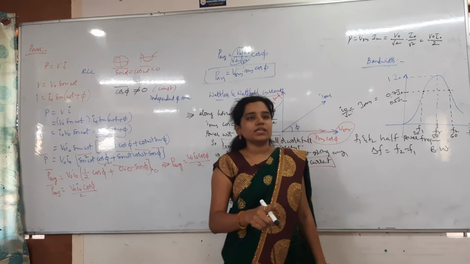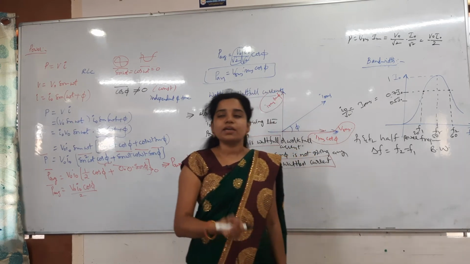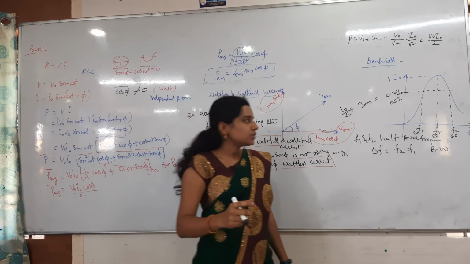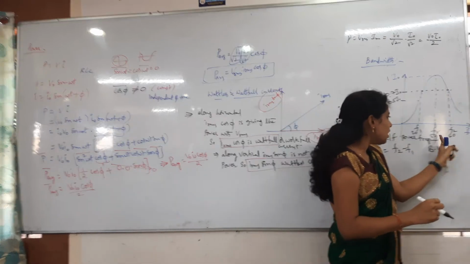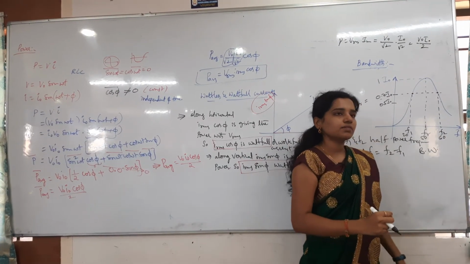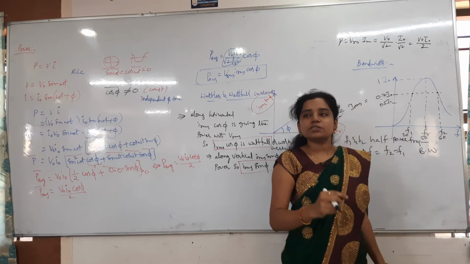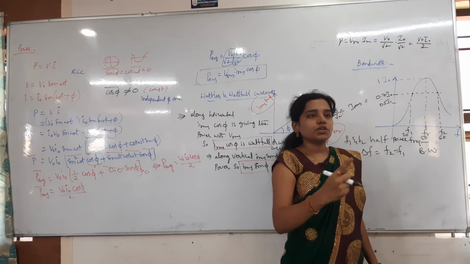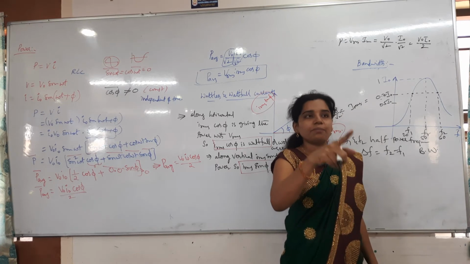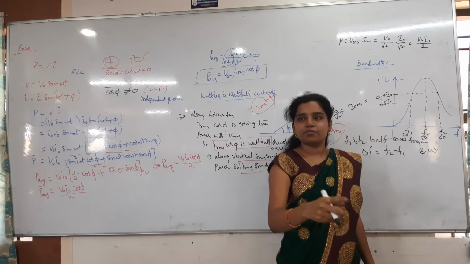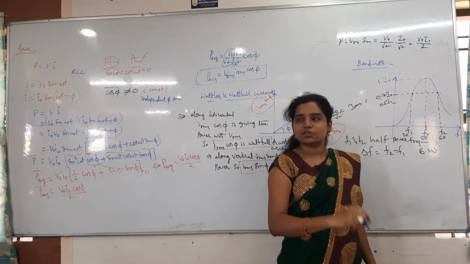And the Q factor is resonance frequency by bandwidth frequencies. And here, how do I identify this as the resonance frequency? Because the current here is maximum, the sharpness of the resonance curve is maximum, and the Q factor is also maximum, but the resistance is minimum. Why? Because the Q factor is inversely proportional to R.